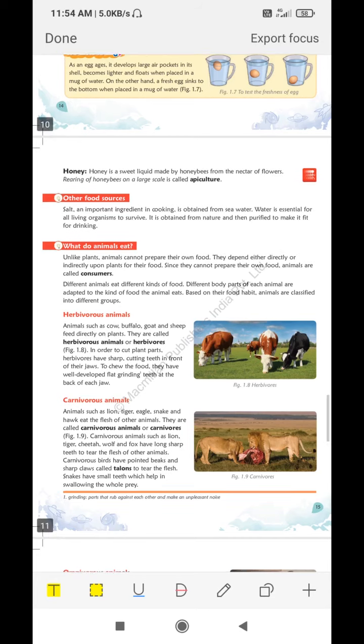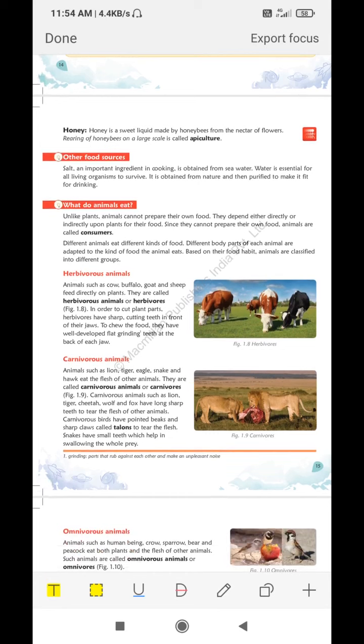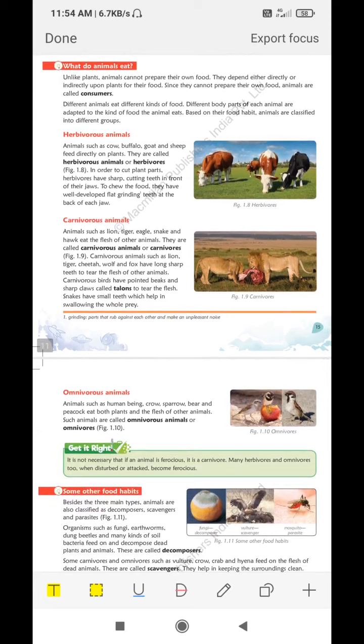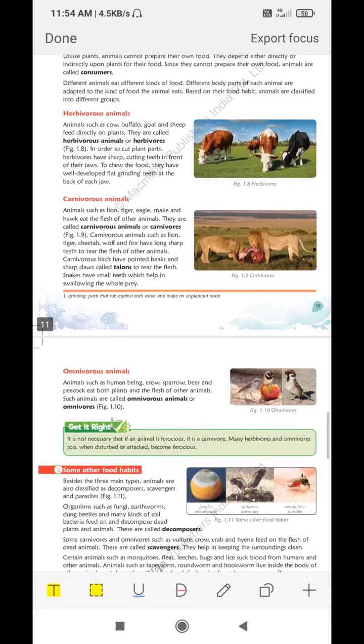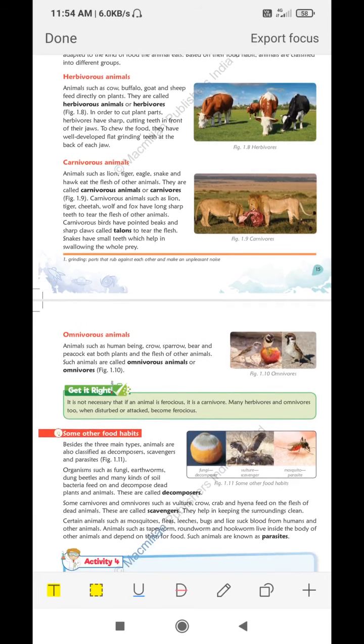And herbivorous animals, those most probably depend on plants only. Those that take food only from plants all come under herbivores. And carnivores, most probably they depend on other animals, they eat other animals. Those are called carnivores. And omnivores depend on both plants and animals, they eat both. Human beings come under omnivores, because we are depending on plants and also on animals, so that's why we all come under omnivores.